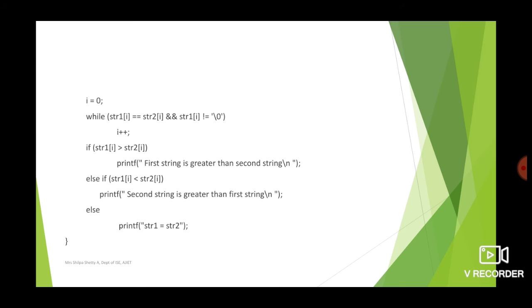Else if str1 of i is less than str2 of i, printf second string is greater than the first string. Otherwise it means str1 is equal to str2, so you print str1 equal to str2, or you can also print strings are equal.